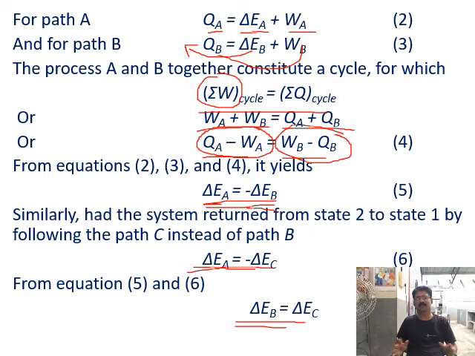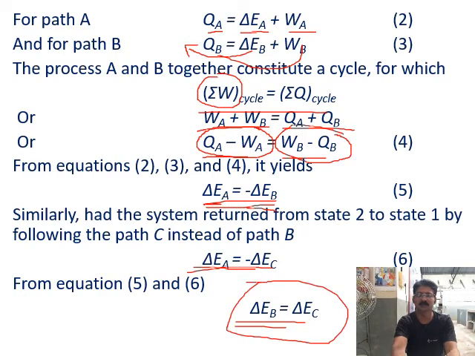So from this it is very clear that the change in internal energy, or change in energy, during the process 2B1 and during the process 2C1 are equal. That means it is independent of the path B and C. So its quantities are equal. Here, for simplification, before you write this for path A and path B, you can take the cycle as 1A to B1 as the cycle. Then you can write this for path A, path B.